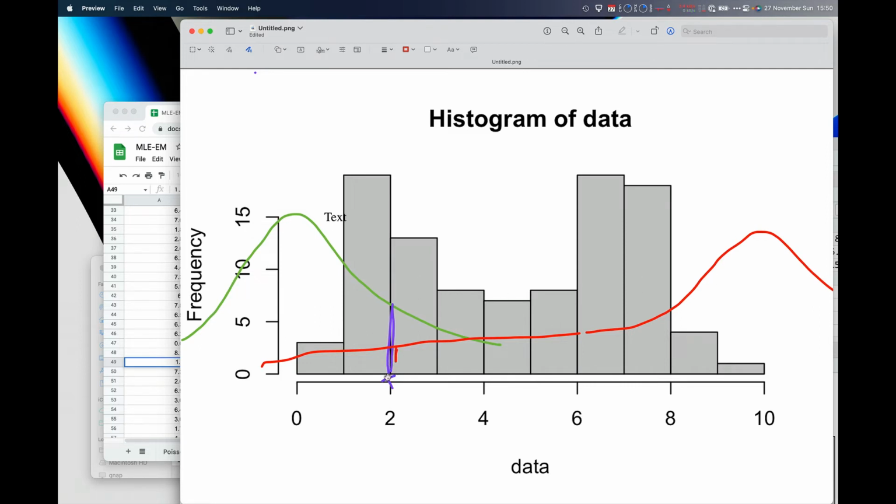So this point here, the 49th point, is probably more likely from the first distribution than the second distribution. And you can do two things here. You can decide, I'm just going to assign this point to the green one and it'll be part of green, or I'm just going to assign it to red. It's going to be part of red completely. Or what you can do is do a blend, right? You can say